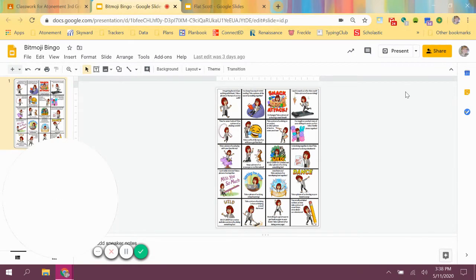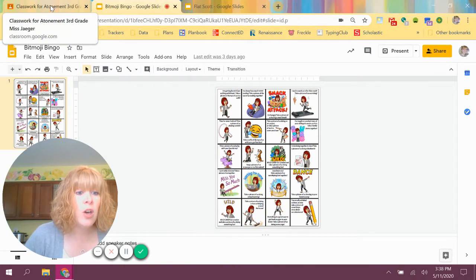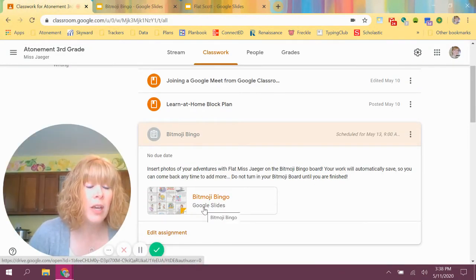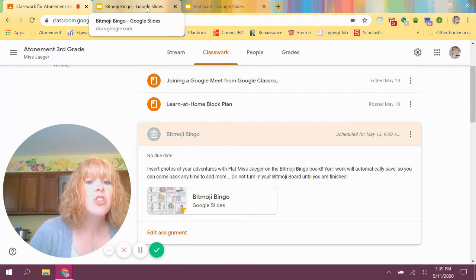Don't turn it in until you are finished because you want to still be able to go in and edit it. So you can go back to the classwork tab anytime and click on Bitmoji Bingo and add more pictures. Because remember, when we're working in Google, it automatically saves our work. So then when you open it up, it's going to have the pictures you already uploaded and it'll still have some blank spaces. So don't click that turn in button until you are all done with your Bitmoji Bingo board,